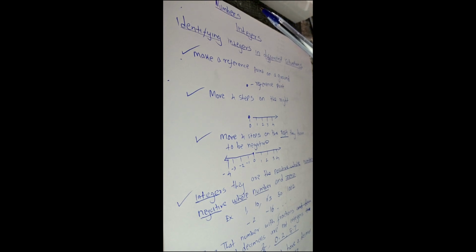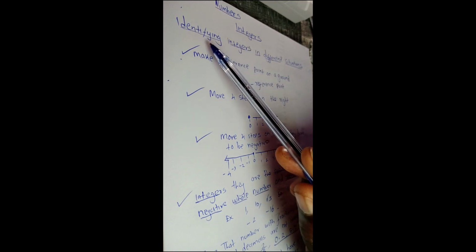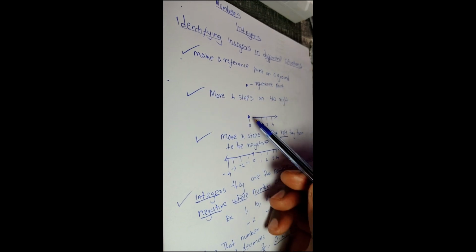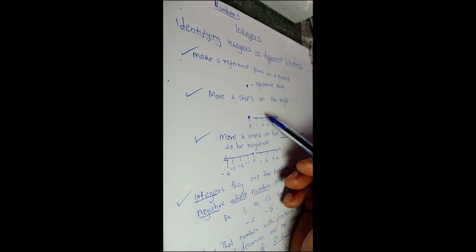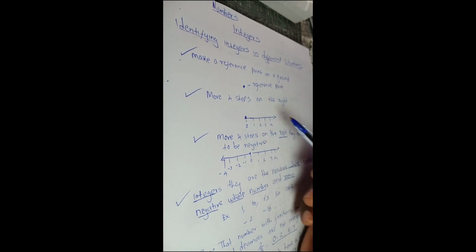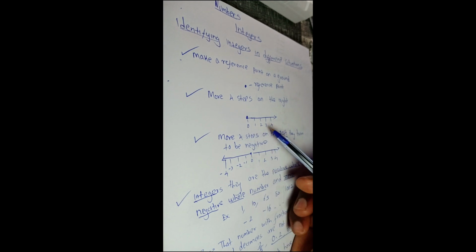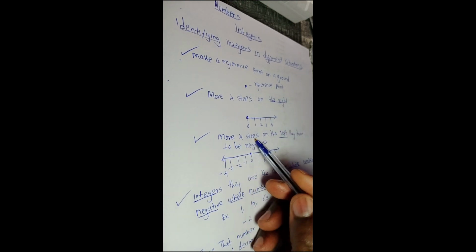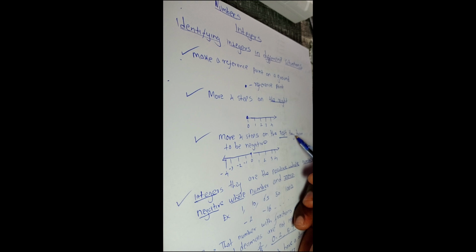Mathematics, unit numbers, subtopic integers, where we will identify integers. So the first step is you make a reference point on a ground. That is my reference point. You move 4 steps on the right from the reference point, like that. You name the reference point as 0. The first point is 1, 2, 3, 4. That is the reference point. You move to the right. The other one is you move 4 steps on the left, and they